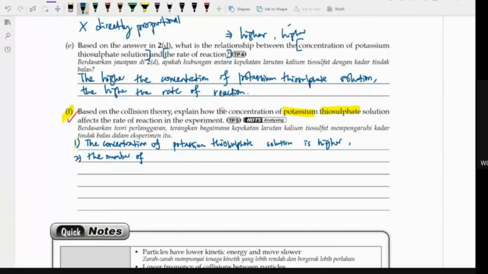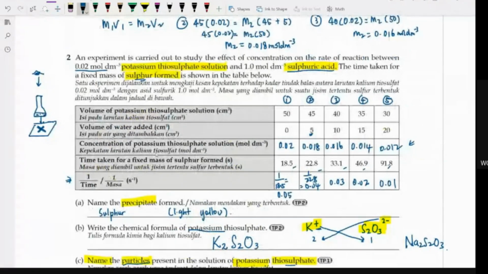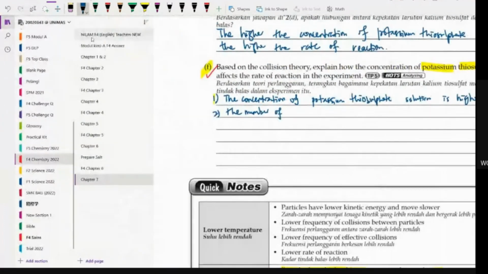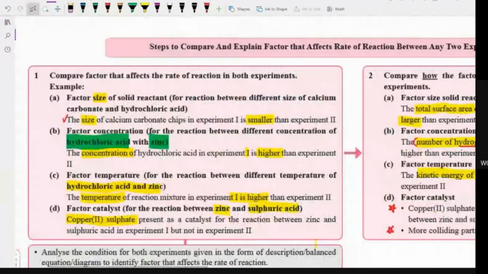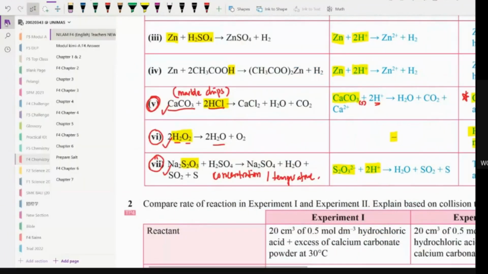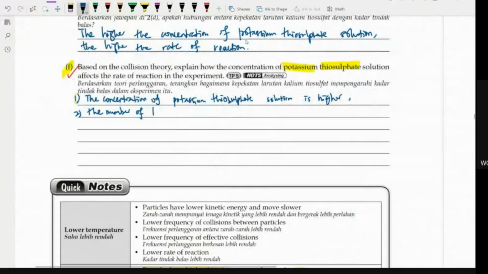If these two, concentration of potassium ions or thiosulfate ions. The other one will be acid, all right? Okay, sulfuric acid. So if you refer to the notes, sodium thiosulfate, so it will be thiosulfate ions. Okay, so the number of thiosulfate ions per unit volume increases